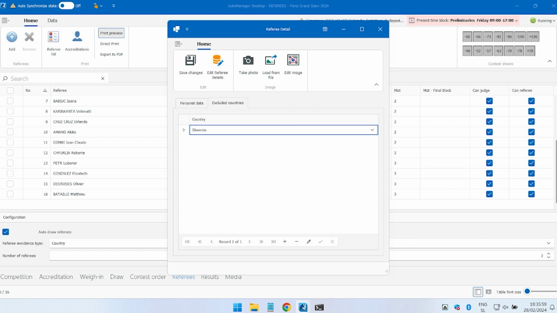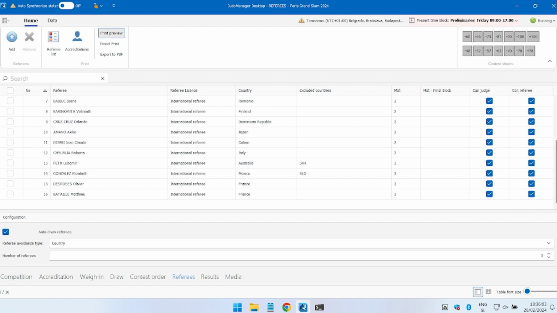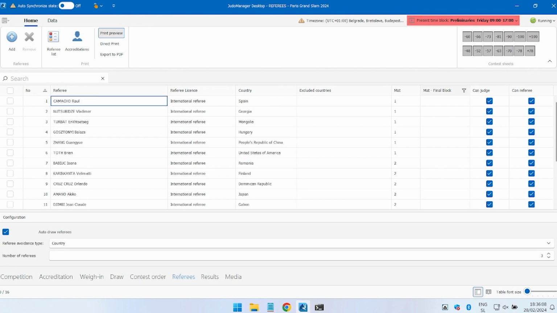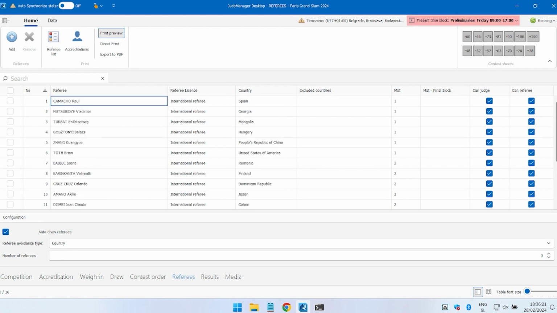Say yes, and she will be excluded to referee Slovenia. Later on, before the final block, you have to set the mat also for the final block. So if the final block matches are not assigned, the referees will not be selected for refereeing in the final block. Then, of course, you print the lists and so on. So now we have set